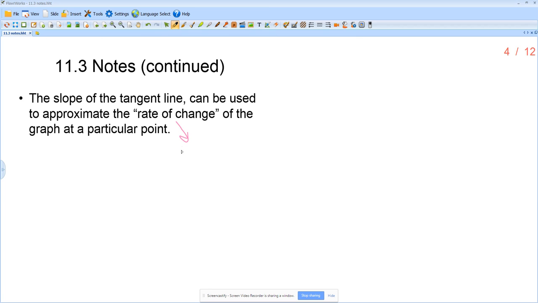So just some other things here. To approximate the rate of change, which is the slope of the graph, meaning the function, at any particular point. So if I'm looking at some cubic function, sometimes the slope is positive, sometimes it's negative, then it goes back to being positive, because this is increasing, then decreasing, then increasing. But if I want to know about the slope right here, what I do is I calculate the slope